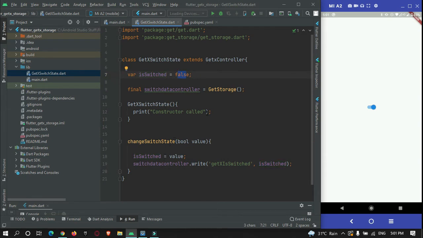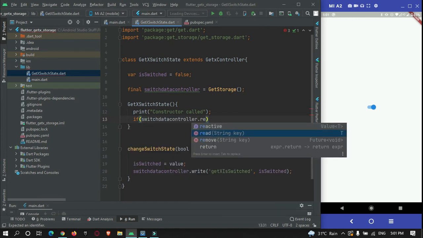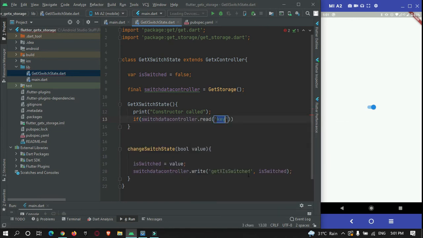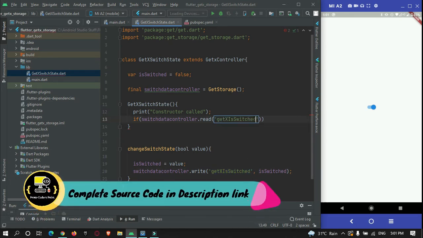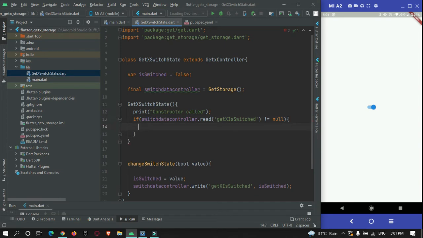Now here in this constructor, we will make use of an if statement to check our data. If the key, that is this key, is not equal to null, then we need to update our switch.